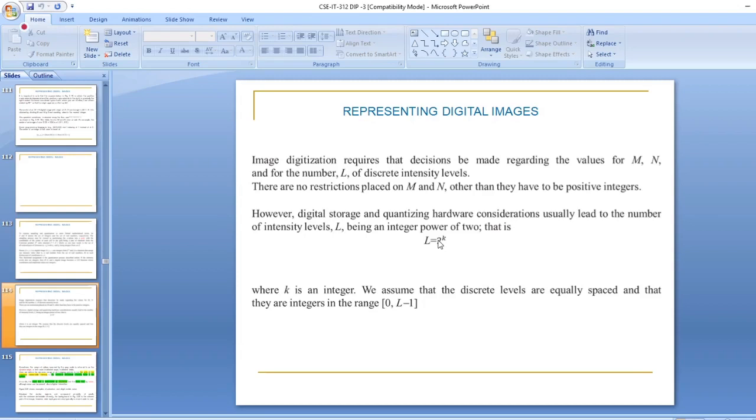Now sometimes the range of values spanned by the grayscale is referred to as the dynamic range, a term used in different ways in different fields. Here we define the dynamic range of an imaging system as the ratio of